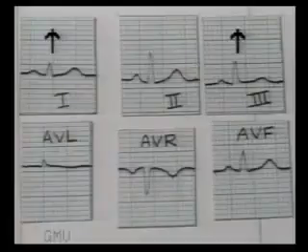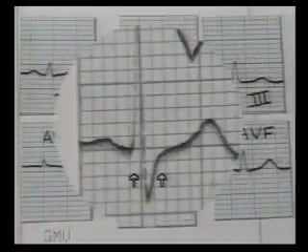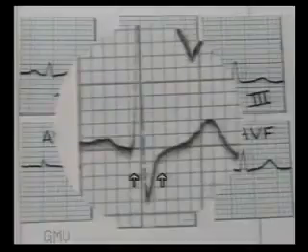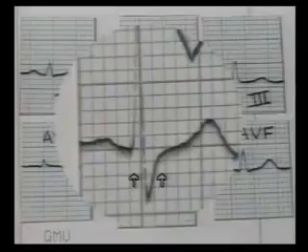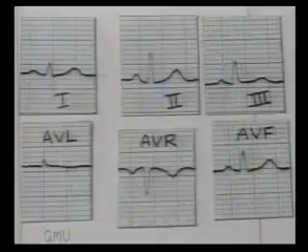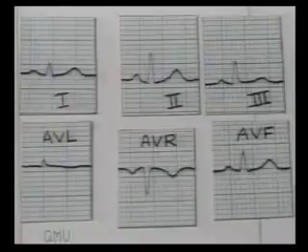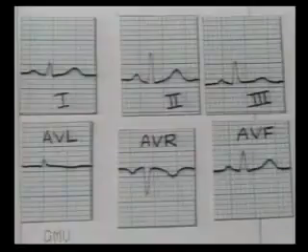Then measure the QRS interval in the lead in which it is most wide and clear. Generally, QRS is 2 to 2.5 millimeters wide. If it is more than 3 millimeters, that is 0.12 seconds, study whether it is left bundle branch block or right bundle branch block. Then look for pathological Q waves in anterior, inferior or chest leads. A Q wave deeper than 1 millimeter or wider than 1 millimeter or more than 1/3 of the R wave is considered as significant.